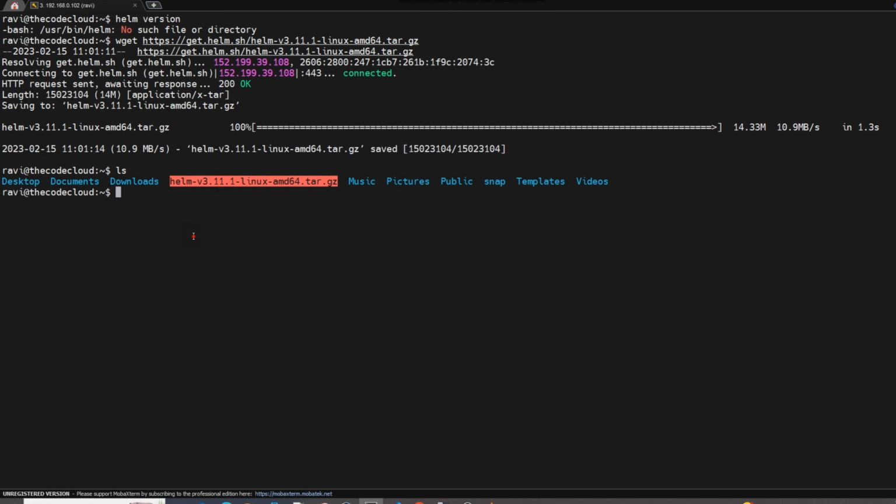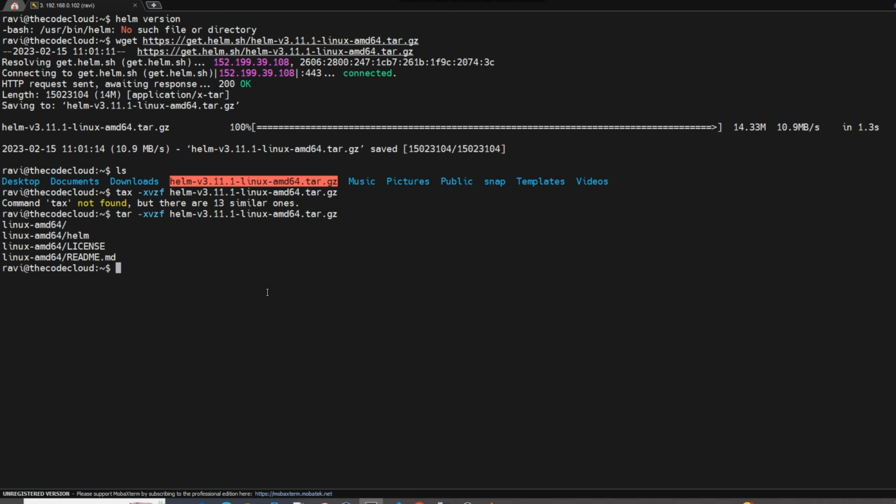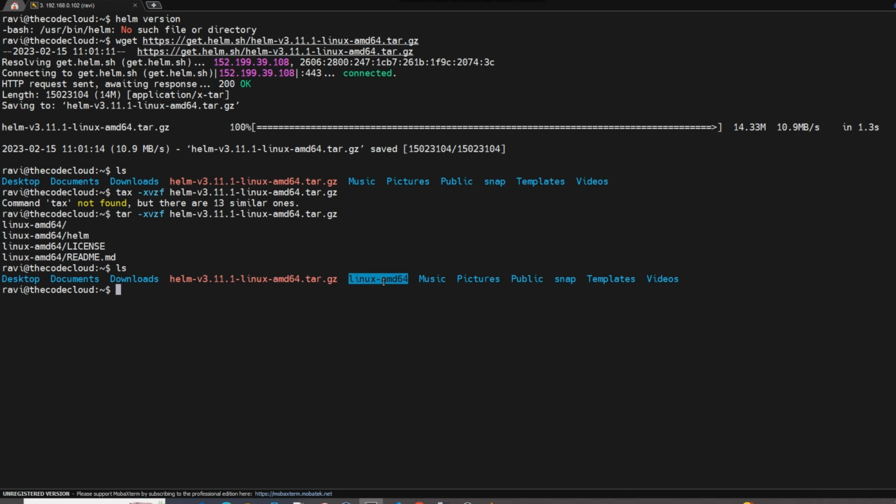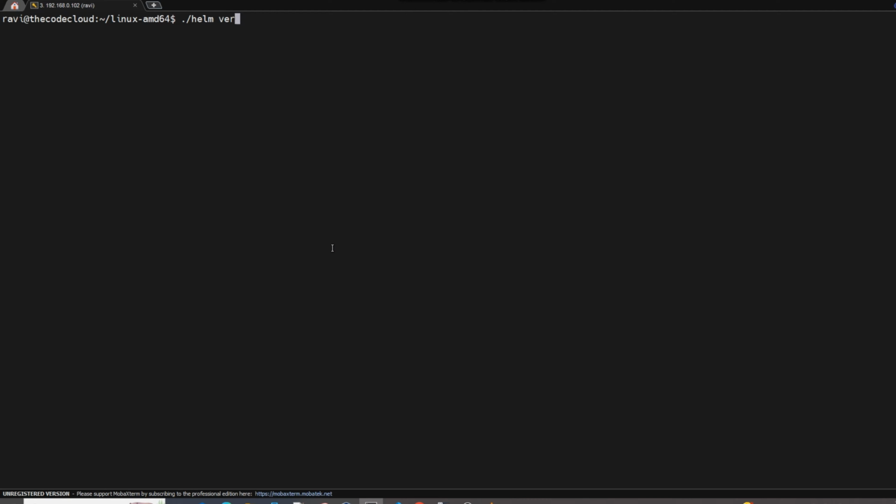So we just downloaded Helm 3.11. This is a tar.gz, so let's just untar it. I'm sorry, it's not that, it's tar. Okay, here we go. We have this linux-amd64 directory. Let's enter into here. Okay, we have this helm. Okay, so if we just try helm version,